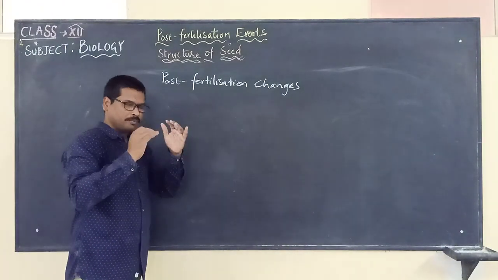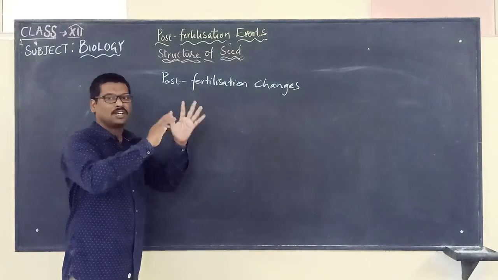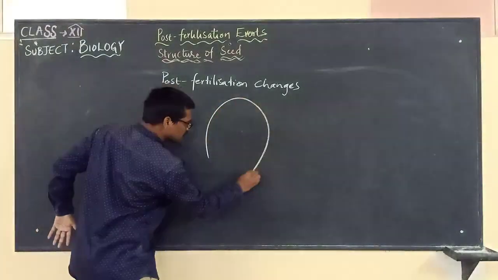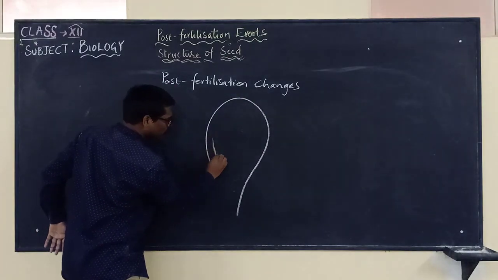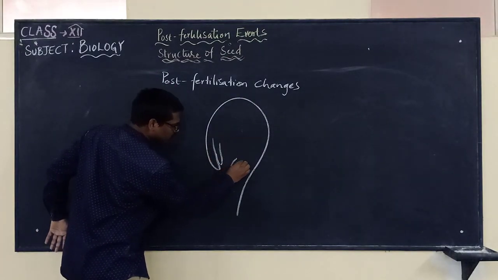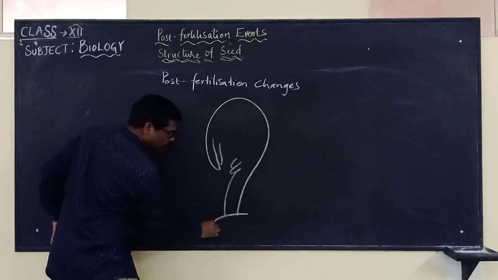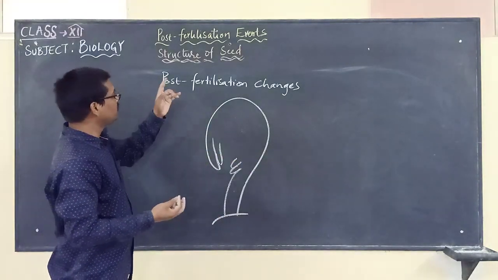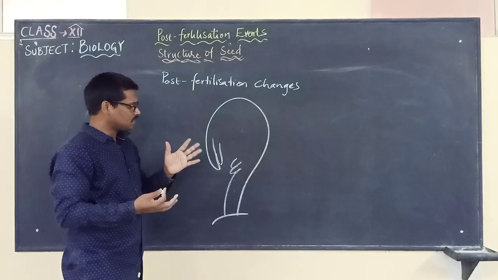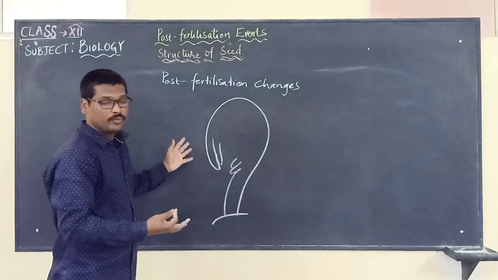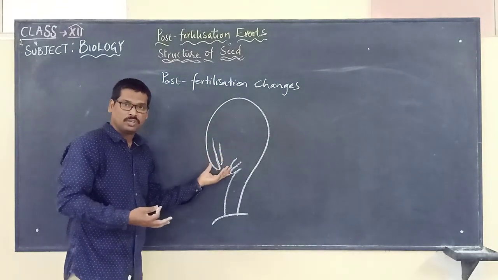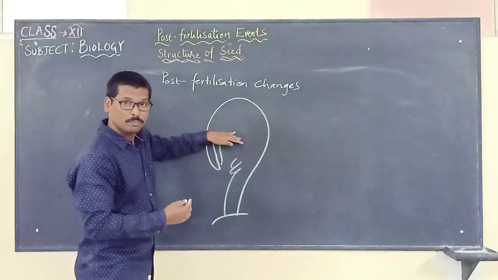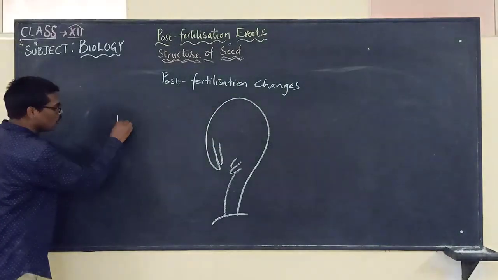But before that, you have to know and understand the ovule. In the next class we are going to discuss how this ovule, or parts of the ovule, are changing. Because what we said now is that the seed is formed. It is from the ovule only. The whole complete ovule will be changing into what now? The seed. And where is the ovule present? It is present in the ovary.